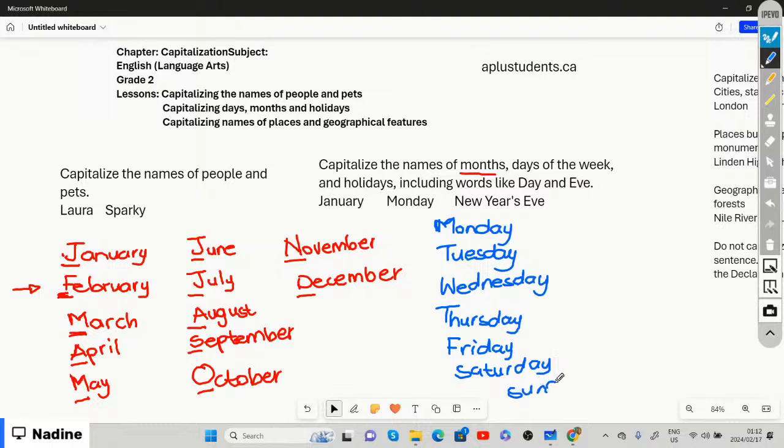So we capitalize the days of the week even, right? So the first letter of the days of the week needs to be capitalized. So even if they ask you, what day is it today, right? And you're like, no, it is Friday. Then you're going to write down, for example, Friday, and they ask you, what is the actual date, right? So you're going to be like, okay, no, it's Friday, and it is